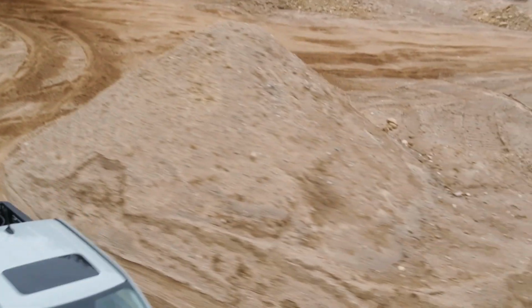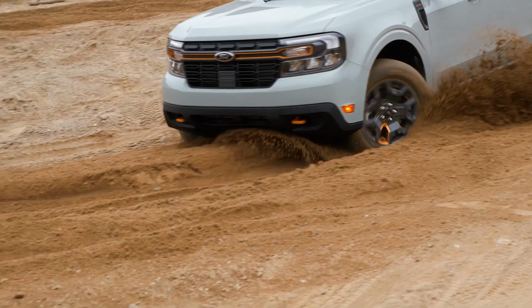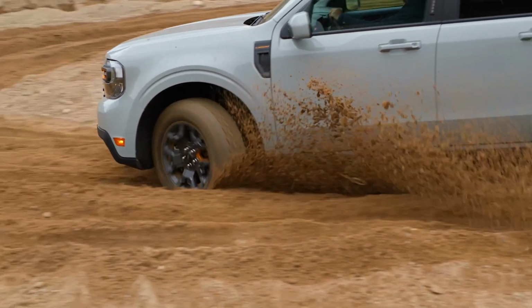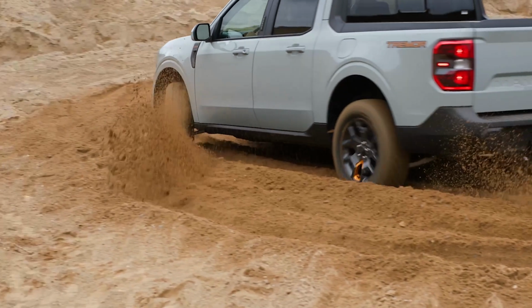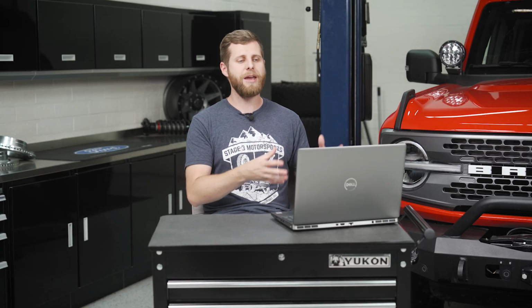So what you're doing when you select the rear diff lock on this is basically telling the computer to apply more pressure more frequently to those clutches and helping it to more actively search out wheels with traction. That way it's pushing power to the wheel that bites, and it keeps you from just slipping or getting that one wheel peel effect. So it is a little more complicated and has a bit more electronic involvement than a regular diff lock would, but I do think that this is an awesome upgrade because it will massively improve the little Maverick's capability